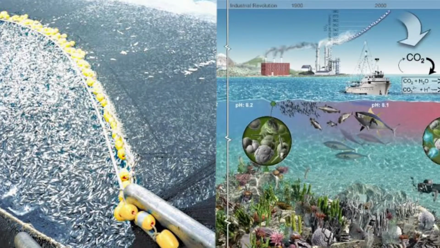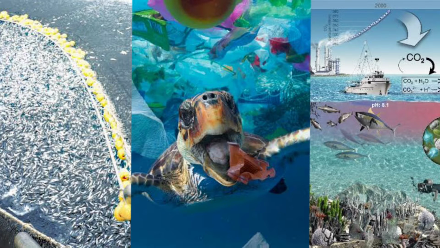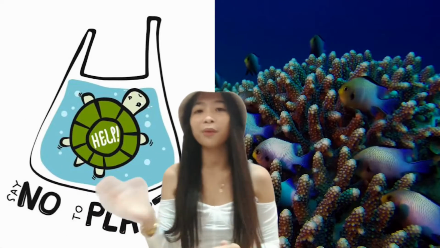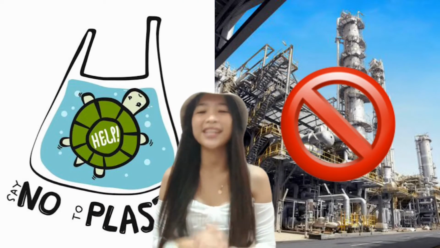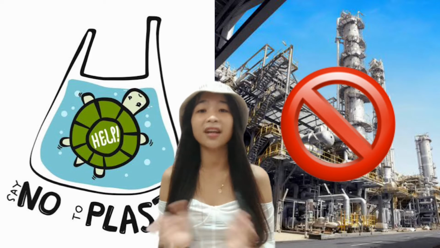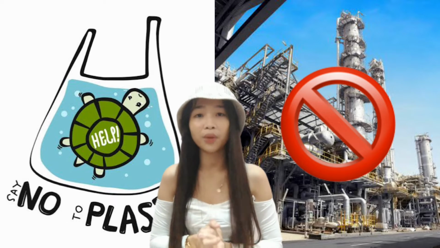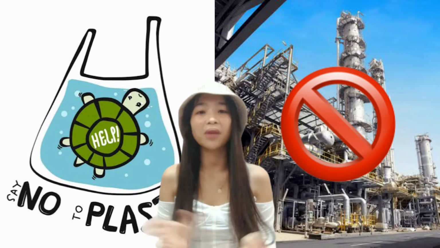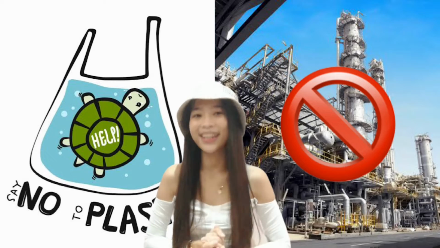Now we are going to explore the threats and conservation strategies we have in the marine ecosystem, particularly in the open ocean. Human activities like overfishing, ocean acidification, and ocean pollution are threats to marine life forms. This will impact the food webs, biodiversity, and the survival of marine life forms. Good thing there are aquatic conservation strategies that help to protect the marine ecosystem, such as using fewer plastics, and restricting construction industries and chemical facilities near the ocean, since their discharge has a negative impact on the ecology of the water body, resulting in biodiversity loss. So with these conservation strategies, we can prevent much more damage to our marine ecosystem.